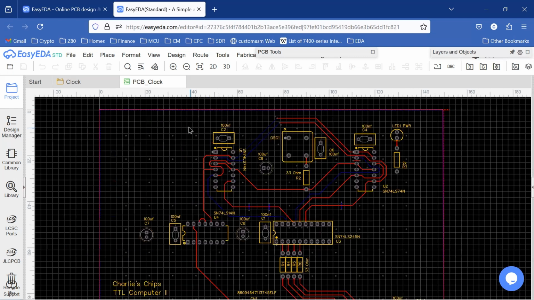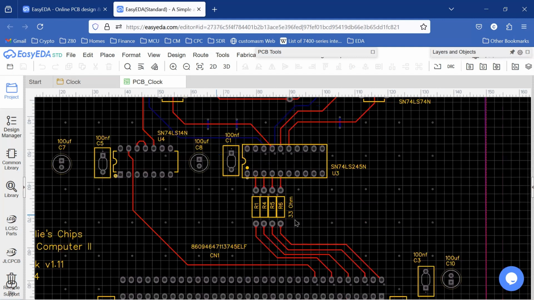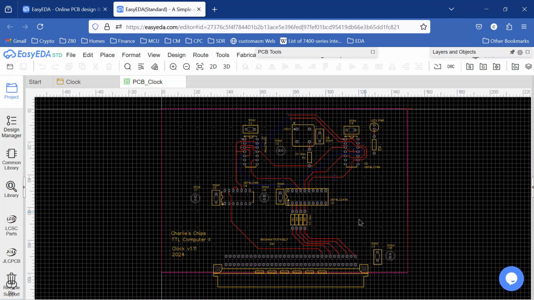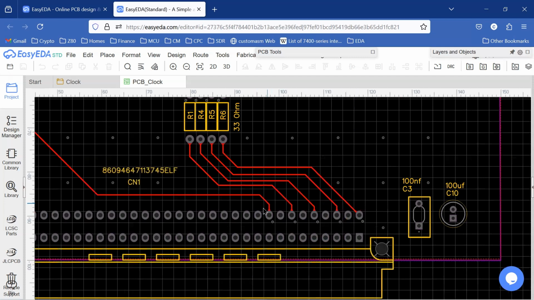And so I completely redid the routing over. I did not use auto routing. I completely routed this board in version 2 manually. And the layout is much better than it was before. I also changed the resistor network. The resistor networks are a little bit expensive, and we're only using 4 out of the 8 for this 33 ohm network. So I just replaced this network with 4 individual resistors. And what else? I also straightened out the alignment on these components, and I also reordered the signals on the